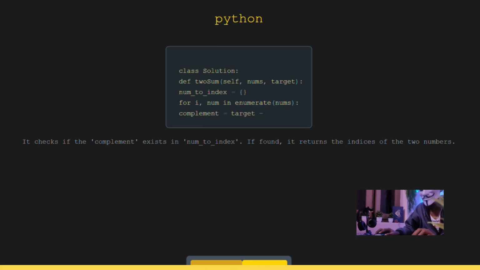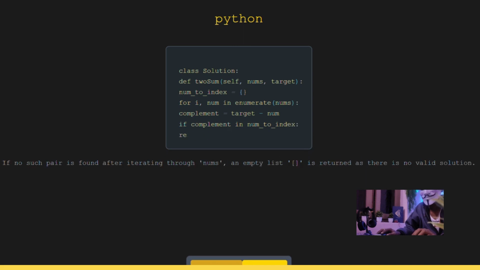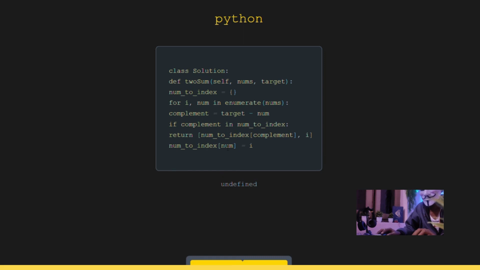For each iteration, the variable complement is calculated as the difference between target and the current number. It checks if the complement exists in number_to_index. If found, it returns the indices of the two numbers. If the complement is not found, it stores the current number and its index i in